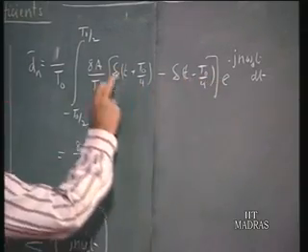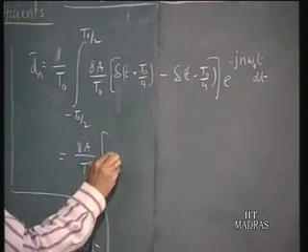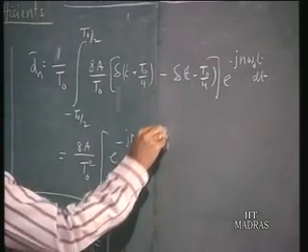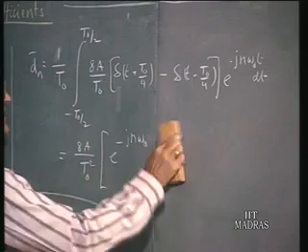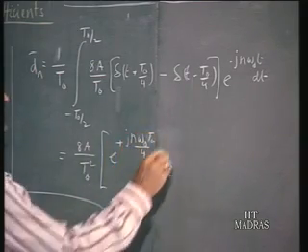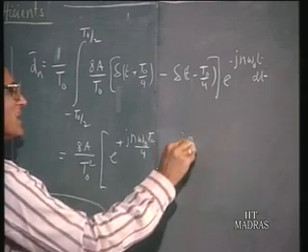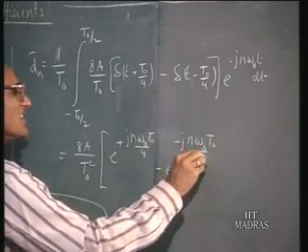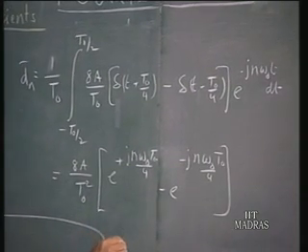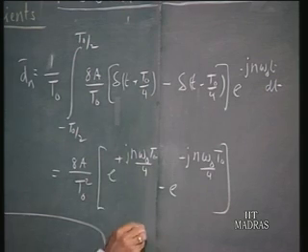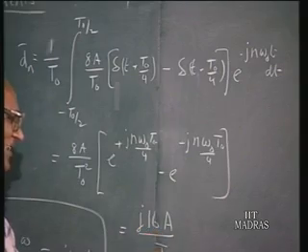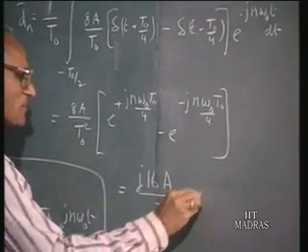Now this delta multiplied by this is being integrated, therefore this will be e to the power of minus j n omega naught minus T naught upon 4, evaluated when t equals minus T naught upon 4, that means plus T naught upon 4, minus e to the power of minus j n omega naught T naught upon 4. And you can carry this out. Finally, you can show that it is j16 a upon T naught squared sin n pi by 2